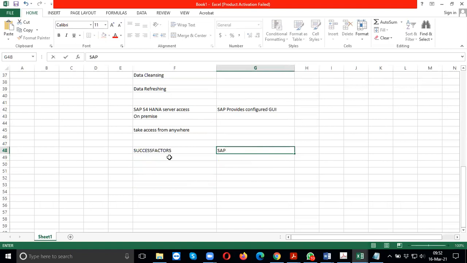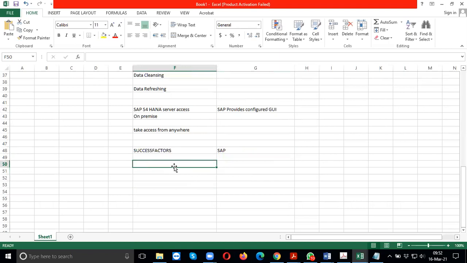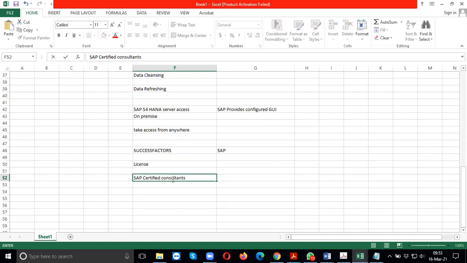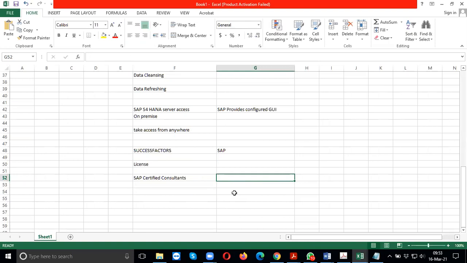So the companies who have taken a SuccessFactors license, or a company that is an SAP certified consultant, get access to the SuccessFactors instance and provisioning.